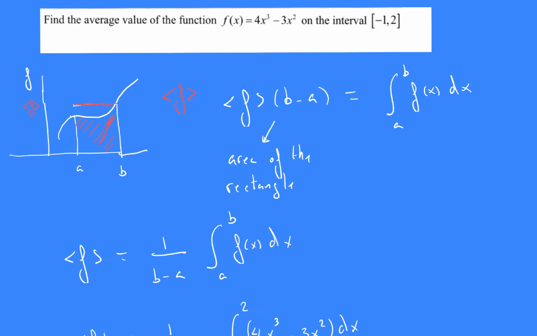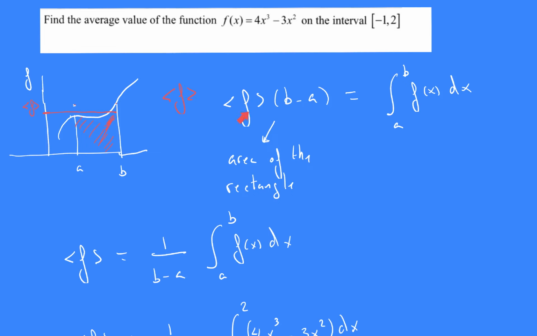So this line should be a little bit lower to represent the same area. So the average function may be something like this. And now the area even a little bit lower, because the area of the rectangle should be equal to the area under the curve. So the condition that I say to define the average value of the function is that